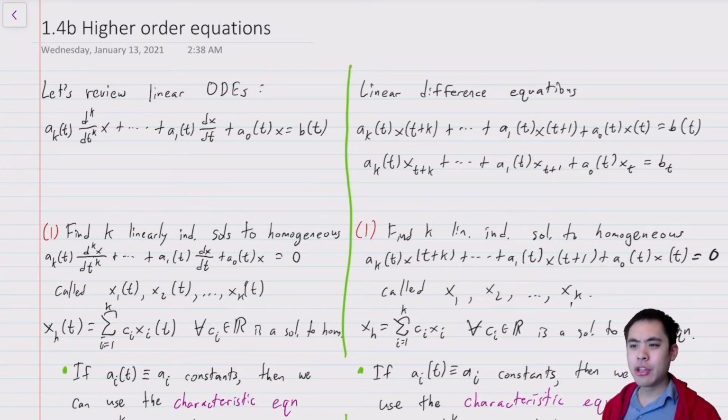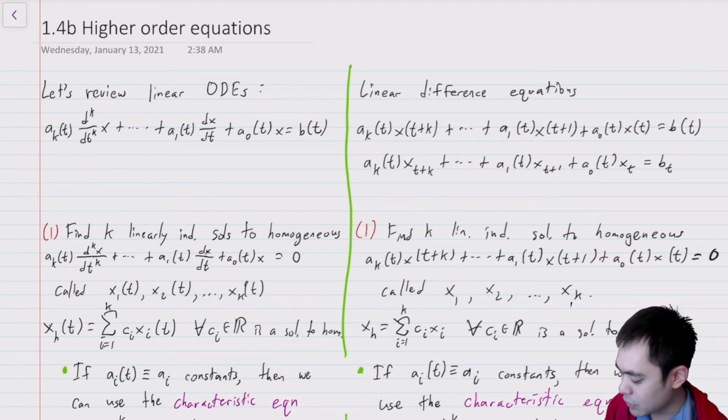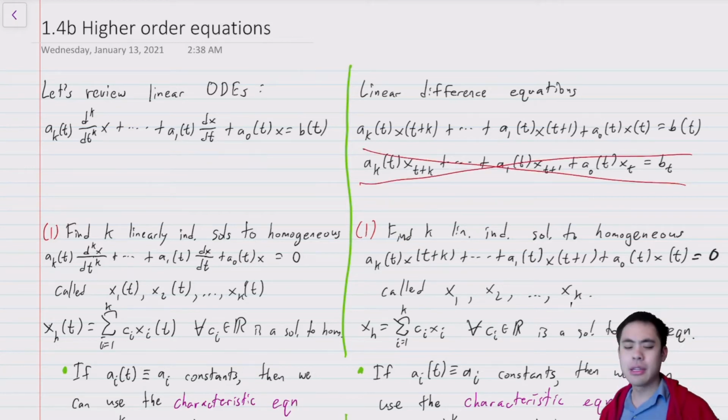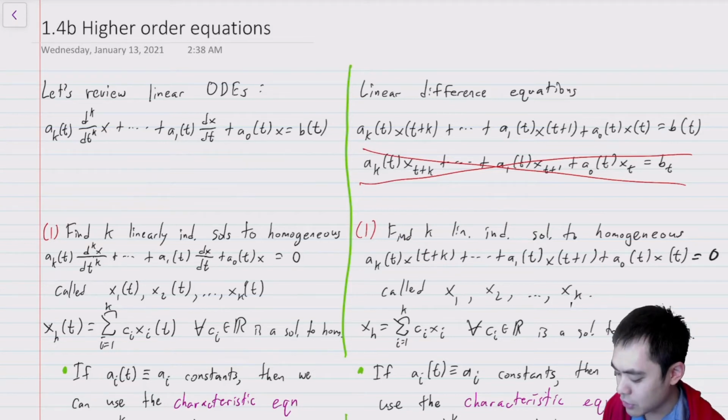And that's just a little bit confusing and also makes it a lot more complicated when we want to use the subscript index for different linearly independent solutions. And so for that reason, we're going to try not to use this notation as much anymore. And it looks like the book also has been moving away from that notation. And instead, we'll use the notation that also makes it a bit more similar to the notation for linear